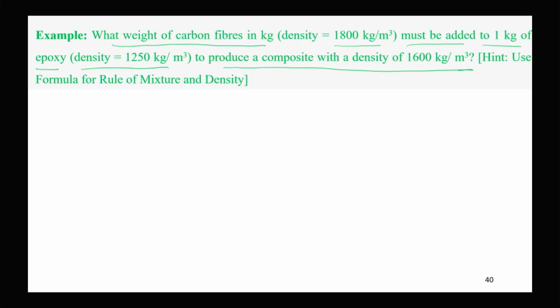So here the hint is that the rule of mixture is to be used